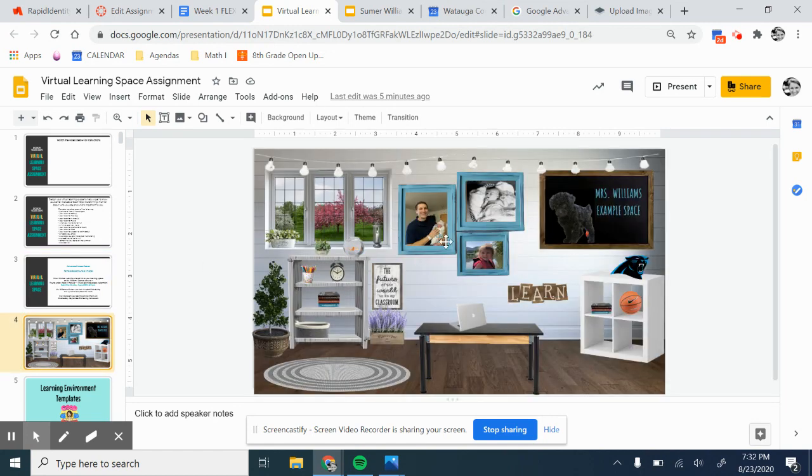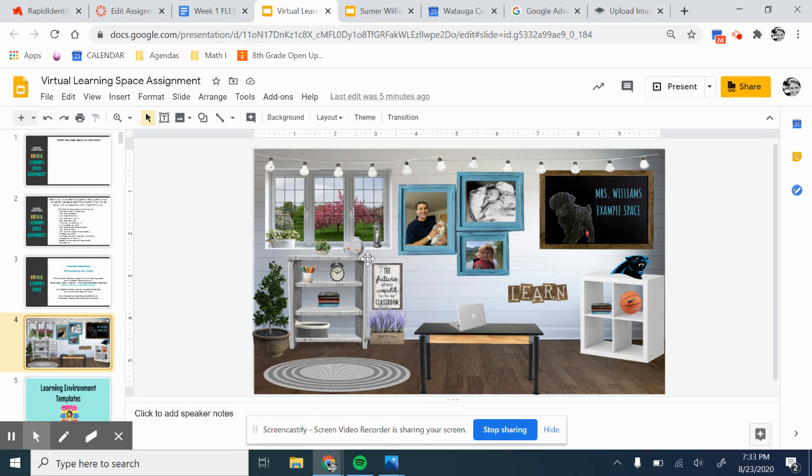So you can see I've got a picture of my husband and my daughter Ellie when she was born. I've got my oldest daughter Addie right here in this picture frame, and then Ellie shortly after she was born, and then our dog Dudley I've put on our blackboard. I am a Carolina Panthers fan. I love basketball. I like to read. I love being outside, so that's why I chose this particular learning space, because it showcased the outside. So you can see some of the things that are important to me that I've added in. Okay. So you are going to be able to choose any images and anything that you want to add